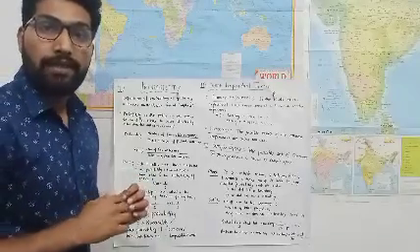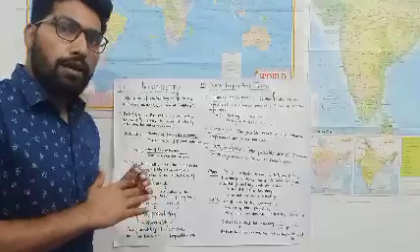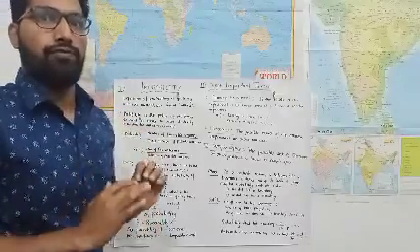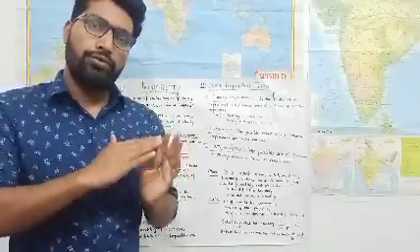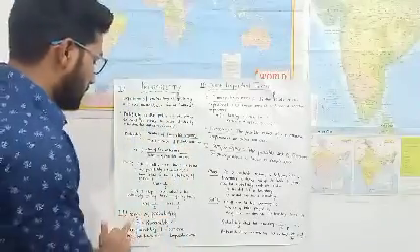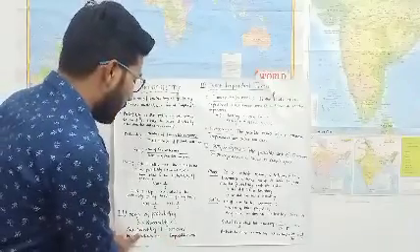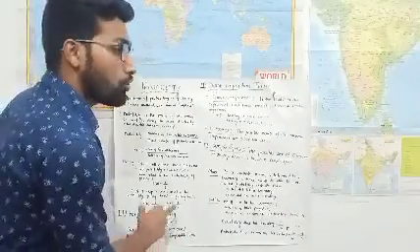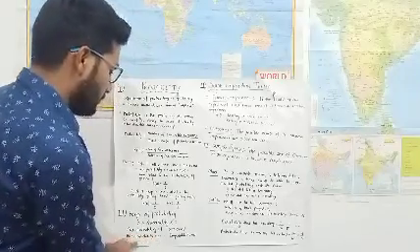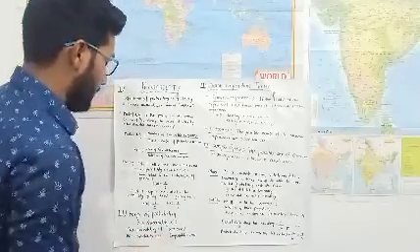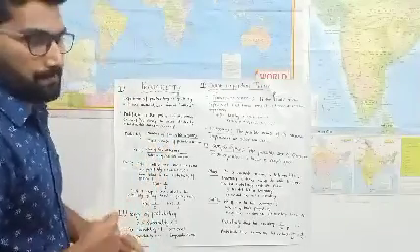The range of probability is greater than or equal to 0 but less than or equal to 1. So probability is in between 0 and 1. When probability equals 1, it is called maximum probability, also called a sure event. When probability equals 0, this is called an impossible event, and this is the minimum probability.